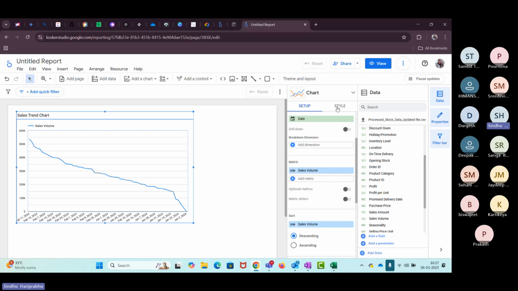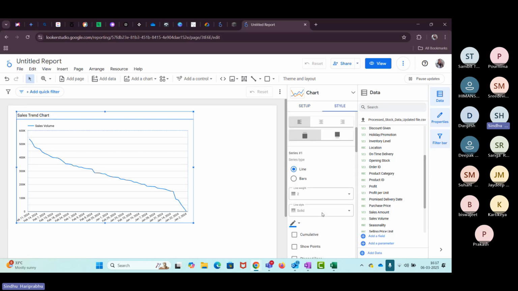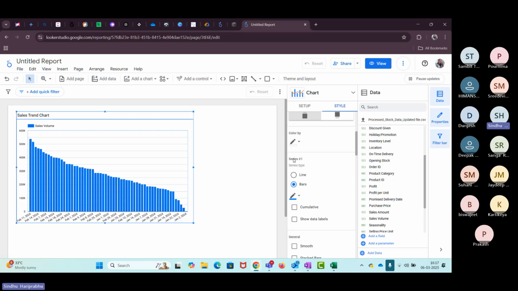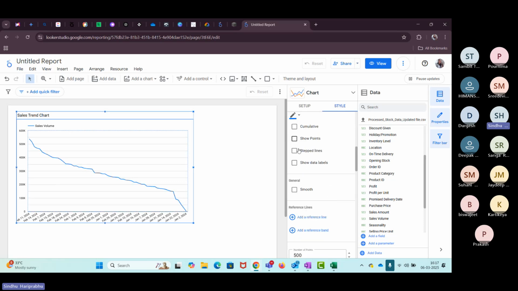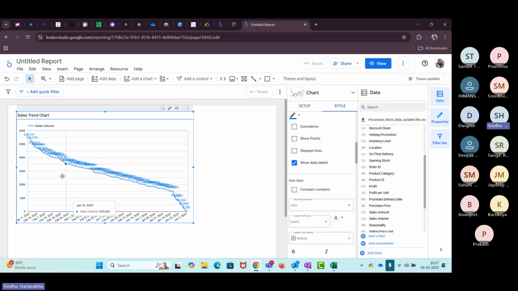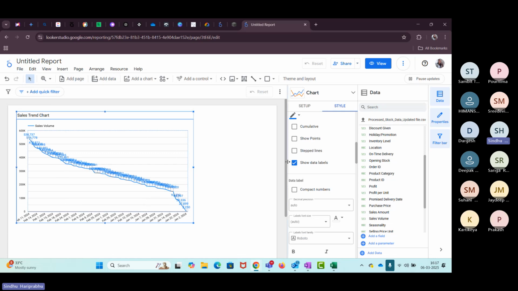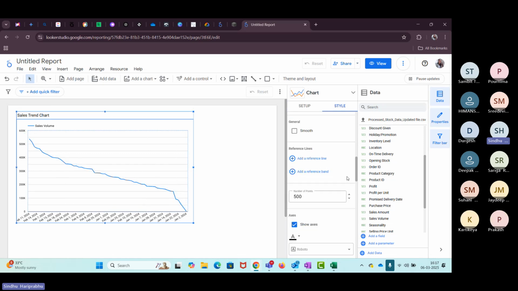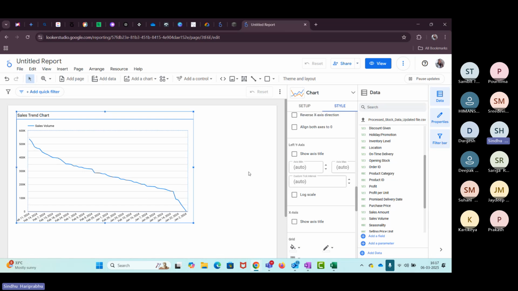So you go to the style option again. If you want bar, you can give bar, you can change it to line also. Then if you want to show some data labels, you can always show some data labels if required. Then you can add axis, add left axis, it talks about the sales volume.